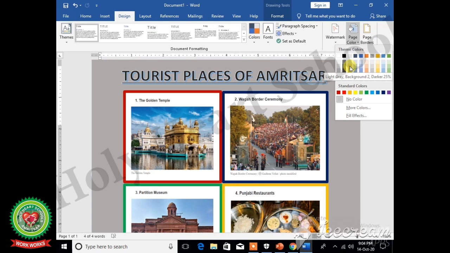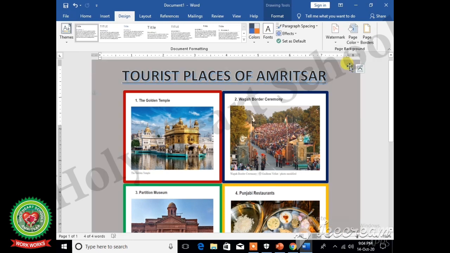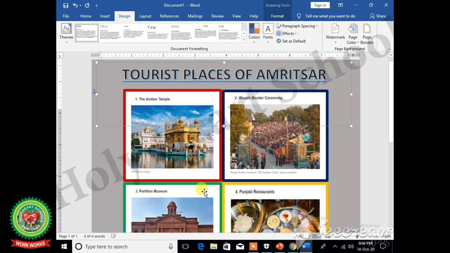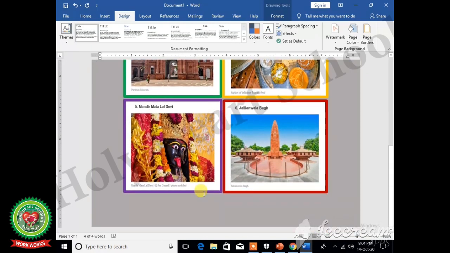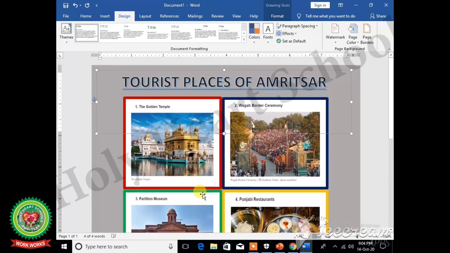So I am going to select light gray color. So students, in this way you can make a Word document and do the formatting of that document.